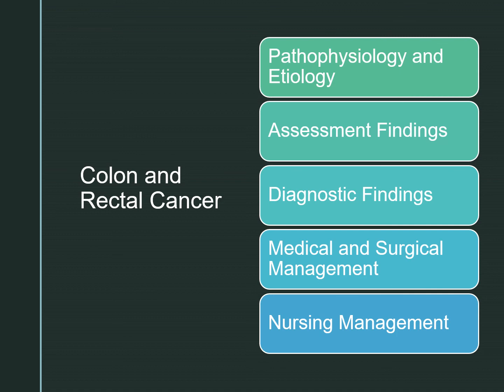Genetics, they may have ulcerative colitis. Their lifestyle and environment can also be factors. If they have chronic bowel inflammation, they're on a long-term low fiber diet or a high fat diet, this can also lead to colon cancer. These clients will have a change in their bowel habits. They may have frank blood or occult blood in their stool, a distended abdomen, and abdominal discomfort.